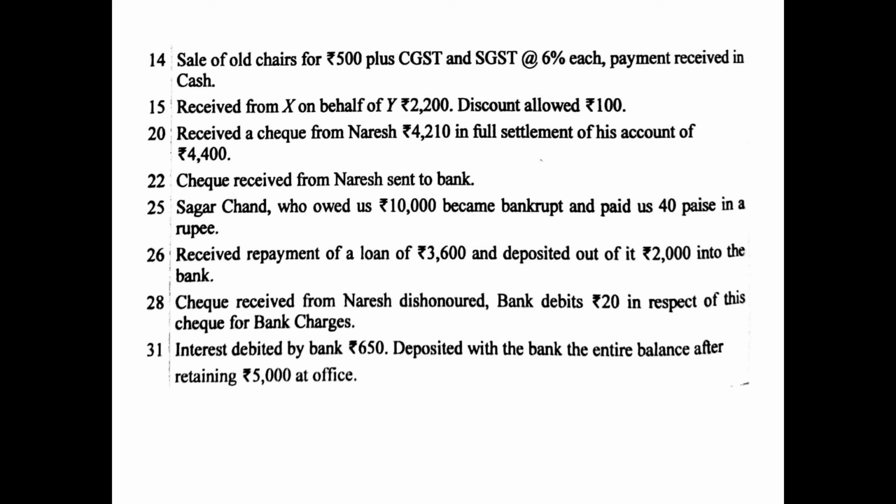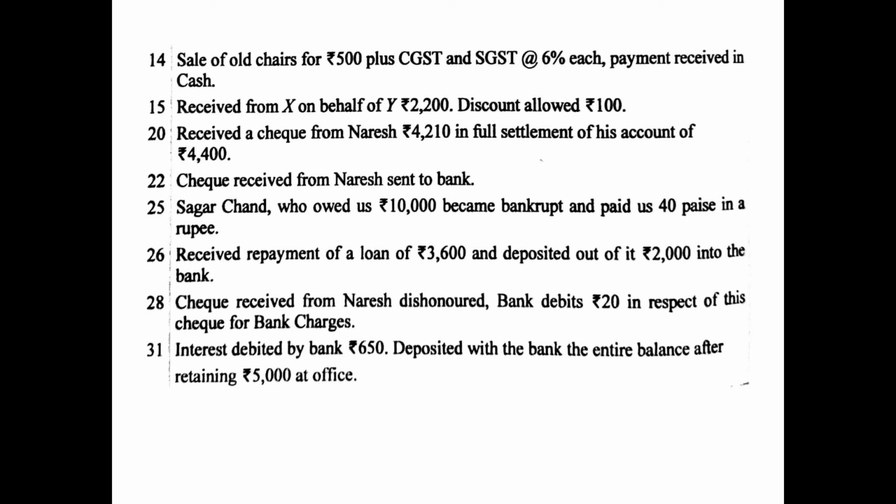So if you remember, the check which was deposited was 4,210. Now 20 rupees more is to be received for bank charges, and because this is dishonor of check, this will be recorded on the credit side as by Naresh on May 28, and the amount will be written in the bank column, because with this dishonor our bank balance should be reduced, because we had increased the balance on the assumption that this will be cleared and added in our bank account. And now the amount will not be 4,210, rather the amount will be 4,230.